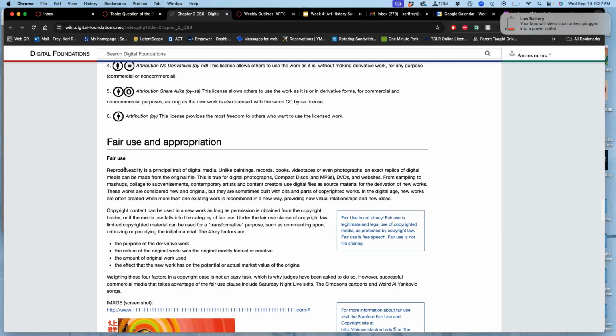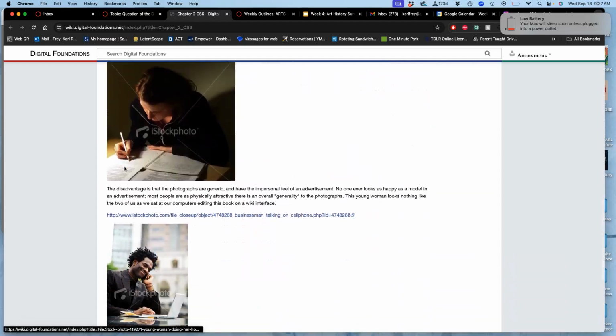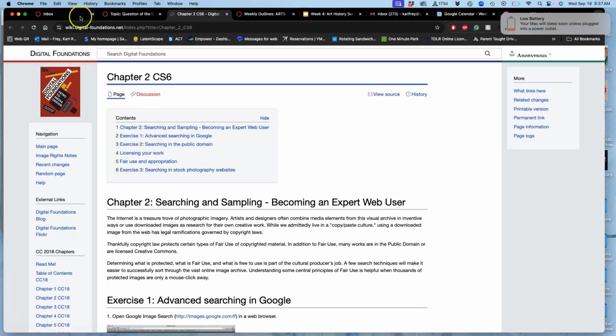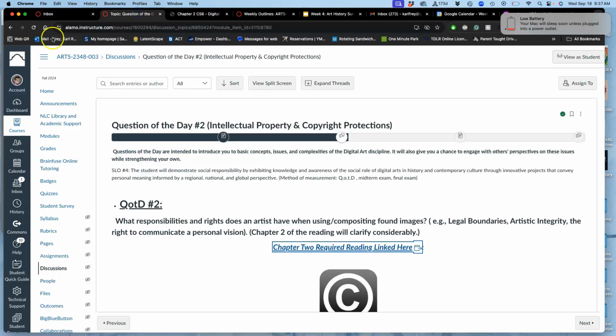We are lucky because you are in a higher education class. You fall under what's called the educational and spontaneous use clauses of fair use, but only for the work you produce for this class. So even if you accidentally infringe on people's intellectual property for your classwork, you cannot be liable for that. But if you use that classwork in any other way, like you sell it on your website, that's not fair use anymore. So reading this will help you understand that, help you ask some good questions as we start to discuss question of the day 2, which I hope to get to today if we have time. But going back to the unit,